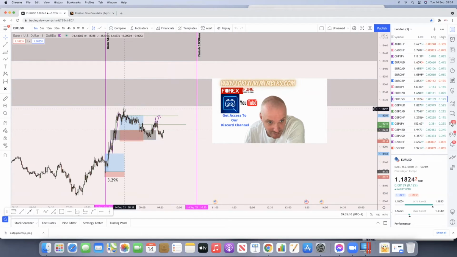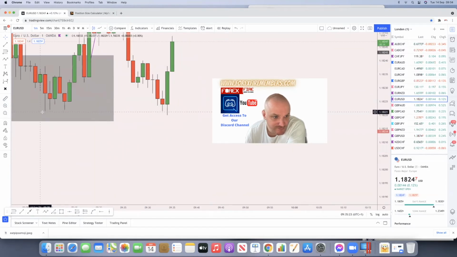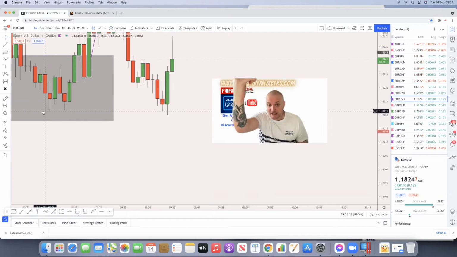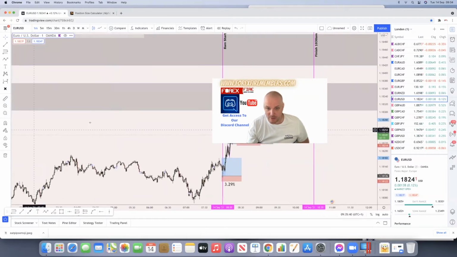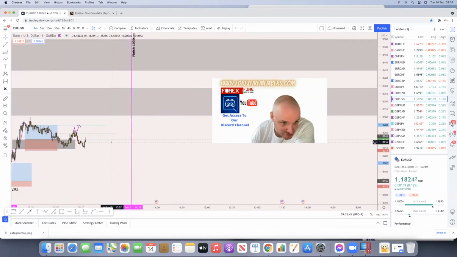Again, we've come down from a high. We've got a lower low, a lower high. Again, here, just to talk about structure, we do officially have, if you work it from there with a crosshair up to the right, it's broke the structure. So we've got a high, a lower low, a lower high, and then we've come down to this bit here. It has created a lower low, okay? So if I just scroll back out of that, we are then possibly one of two things is going to happen.